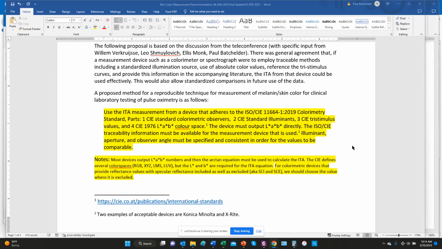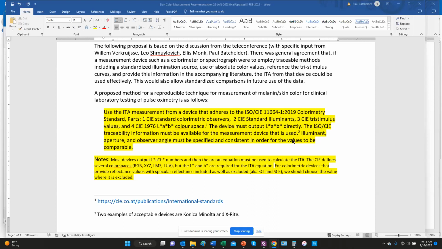And so we wanted to restrict the use to devices that are similar to the Konica Minolta or the X-Rite, that's X-Rite, which is a US device. Konica Minolta is made in Europe. The X-Rite people are the ones that own the Pantone scale, for example. And so this is what we discussed, and the heavy lifting on this was done by Wim and Leo,